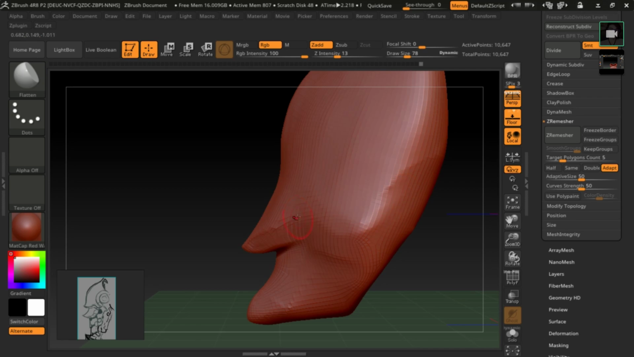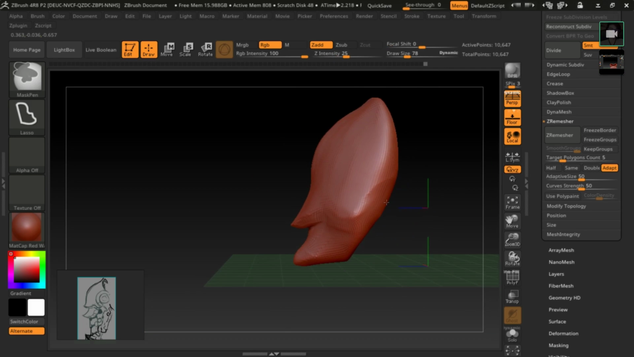So you already have the shape of it, right? And now you just have to do the rest of it. So to get this right